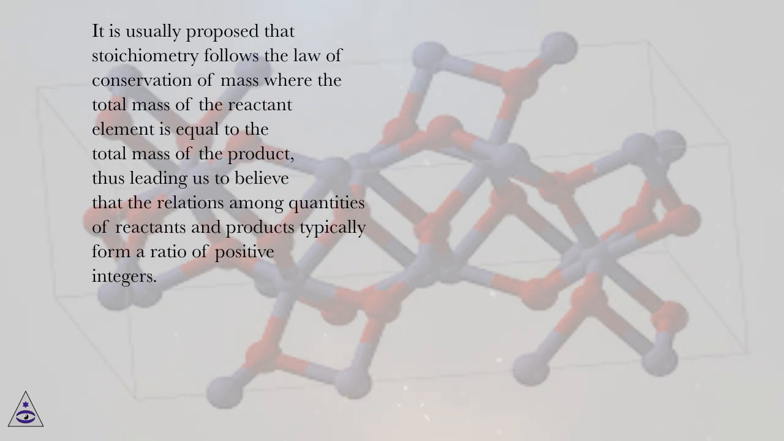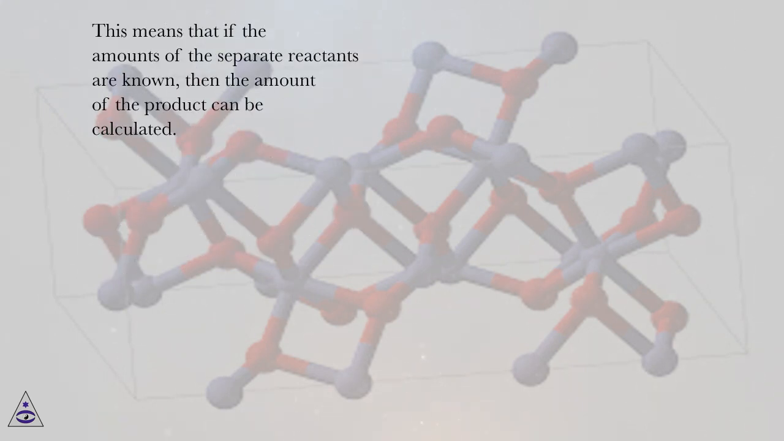It is usually proposed that stoichiometry follows the law of conservation of mass, where the total mass of the reactant element is equal to the total mass of the product, thus leading us to believe that the relations among quantities of reactants and products typically form a ratio of positive integers. This means that if the amounts of the separate reactants are known, then the amount of the product can be